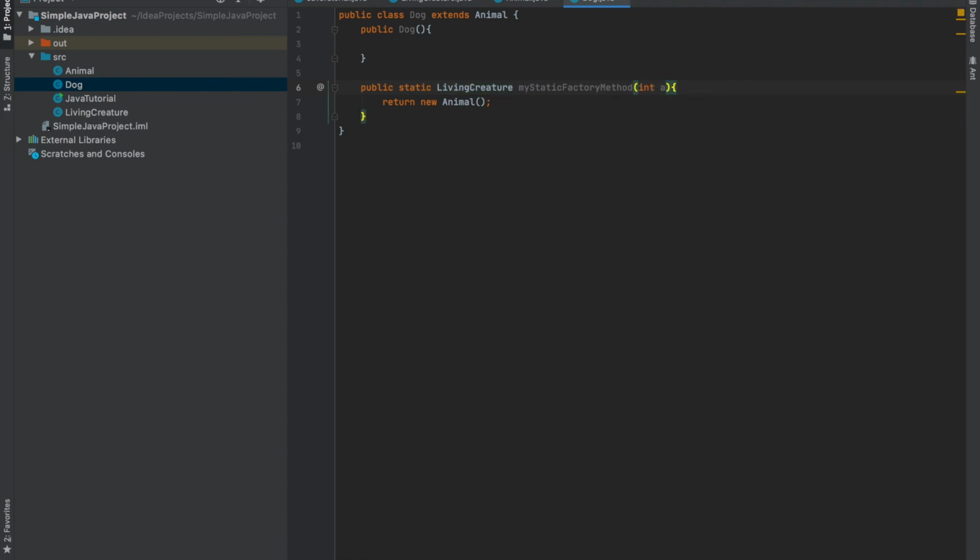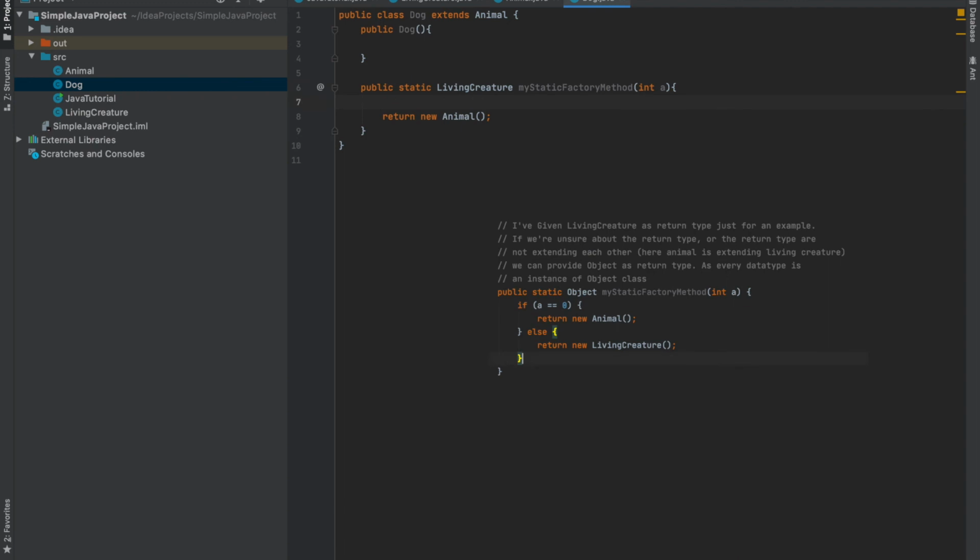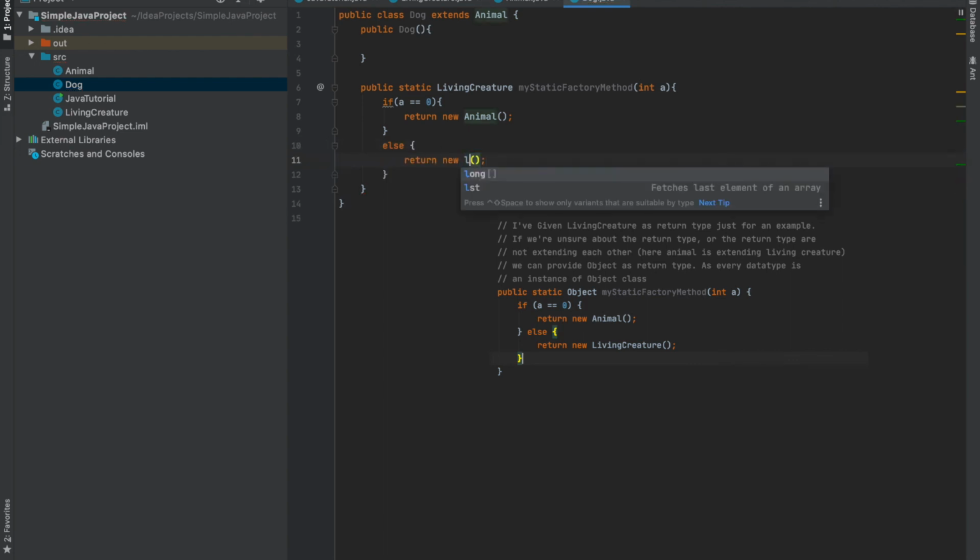According to the integer value, if a equals 0, then return an Animal, else return a new LivingCreature.